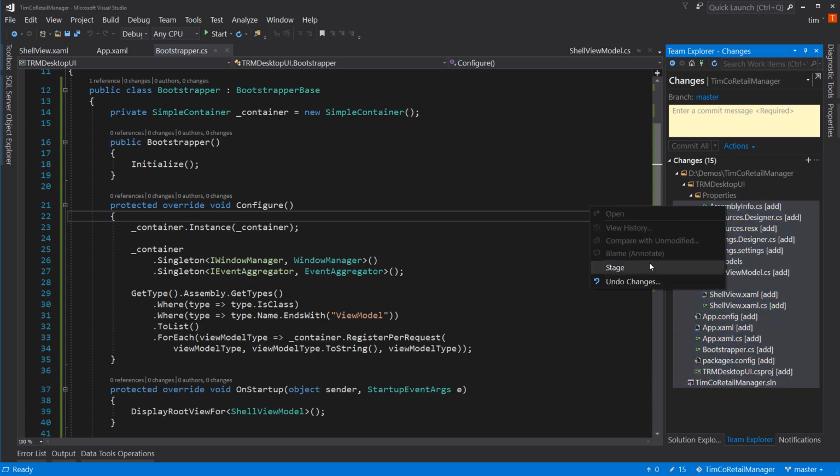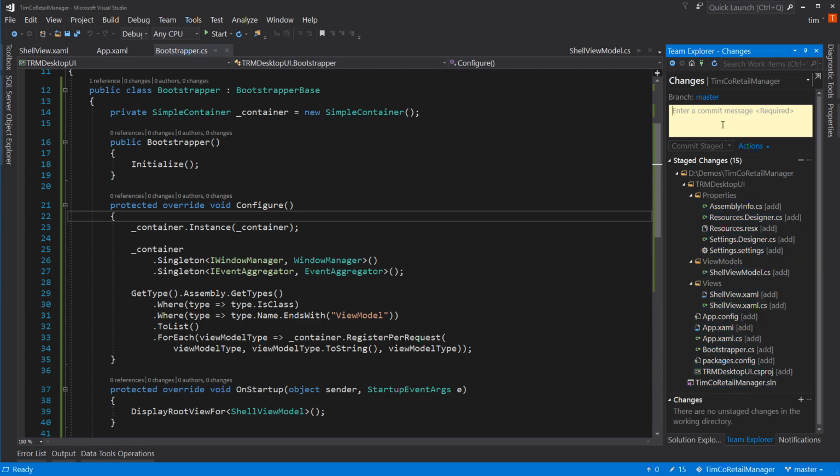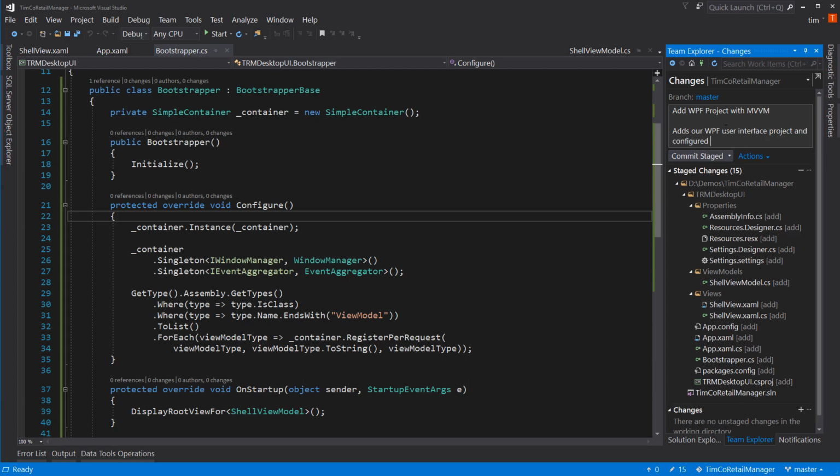We're going to right click and say stage. And now we're going to say add WPF project with MVVM. Adds our WPF user interface project and configures it with Caliburn